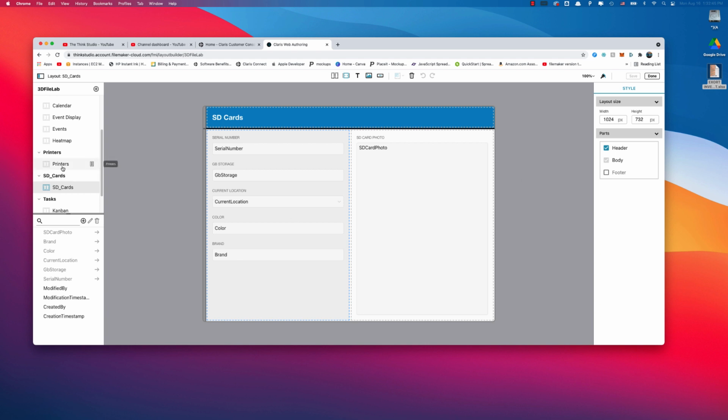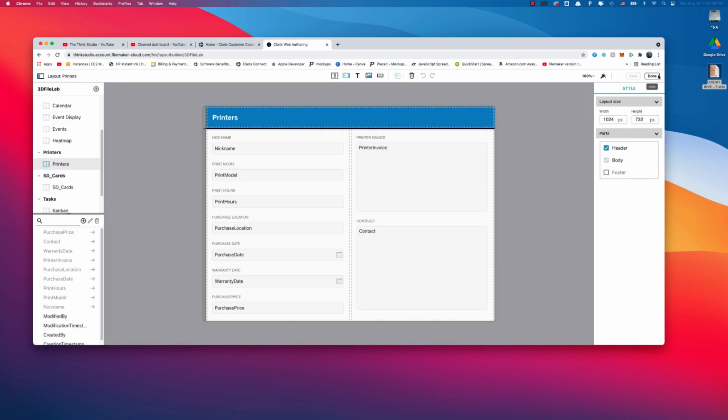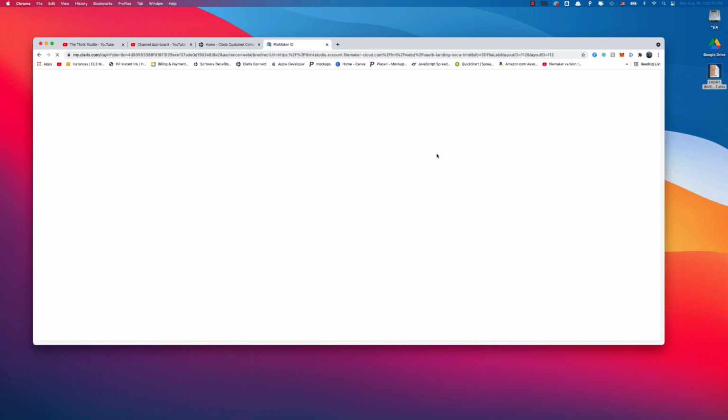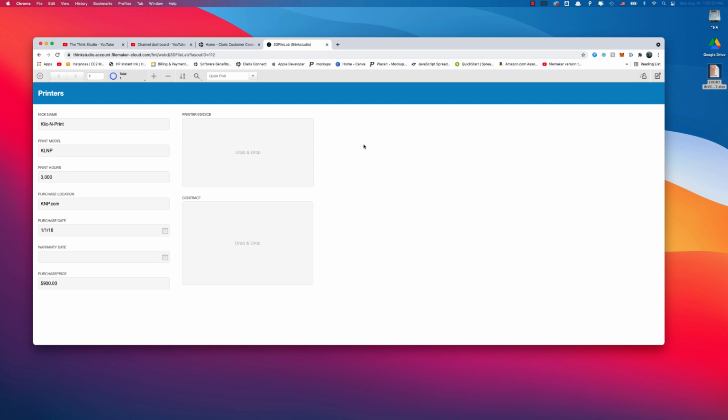And one other thing I want to go do, I want to go to my printers real quick. I'm going to click done here so I can go back to my printers layout. And I should actually be able to navigate through this layout as well. One thing I want to do to test out that drop down menu is add a couple more printers here. So I have another nickname,